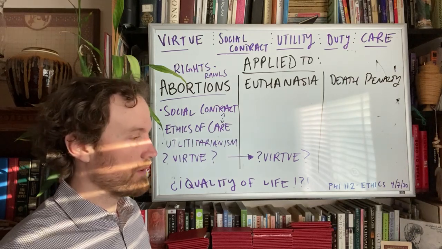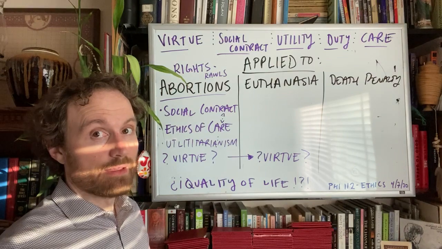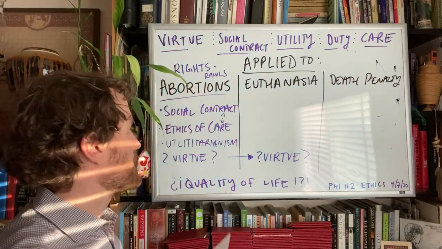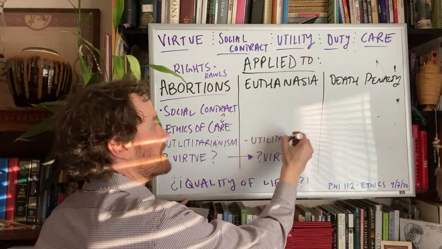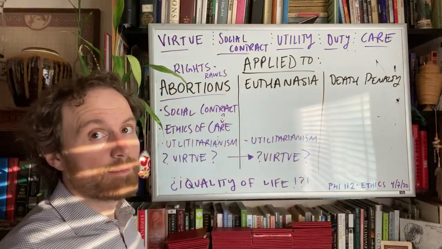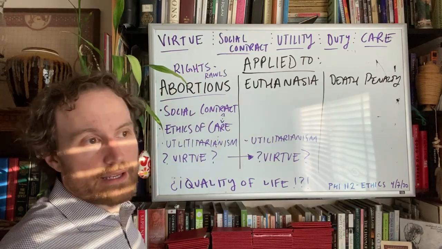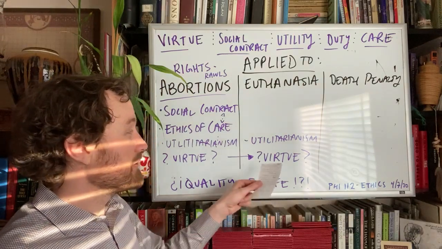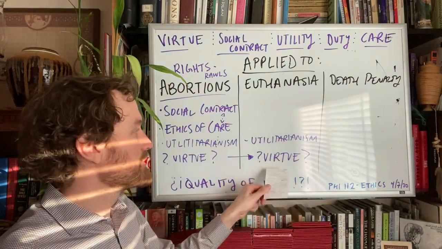And obviously, if you are in uncontrollable pain that will not remit or not go away, and your quality of life is so bad, well, according to utilitarianism, that's easy, or at least it seems easy, that if we can reduce suffering, all other things being equal, we should. And that's a really popular view here, I feel like, and it was popular on the discussion forum. It's a less popular view, but an interesting and important one to consider, I think, that potentially